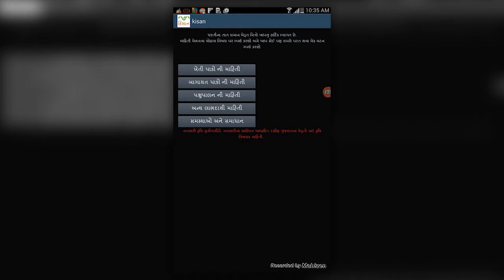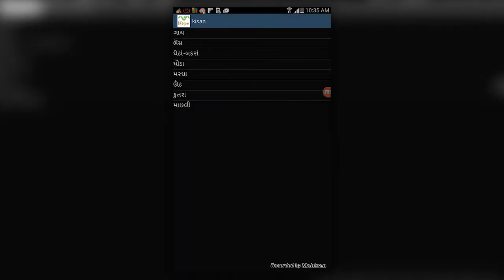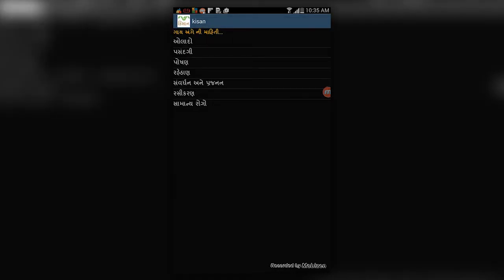Now we will go to this veterinary and livestock section. It contains all the information. The first thing is cow. The farmer will have an introduction to the different breeds and varieties of cows, and what kind of milk production is available from each breed.